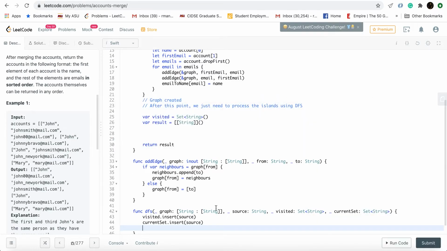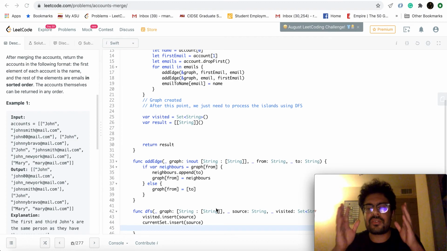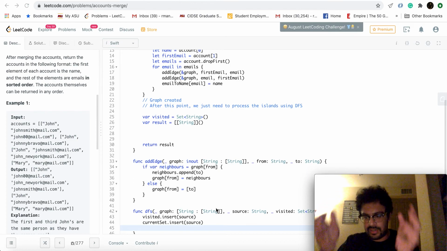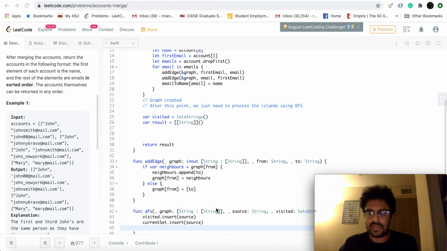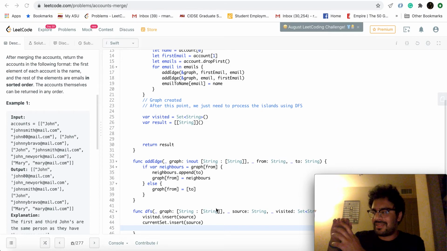And then current set, because please remember, current set is a set for only the emails in the current cluster that we are in. So basically the John cluster. Mary will have